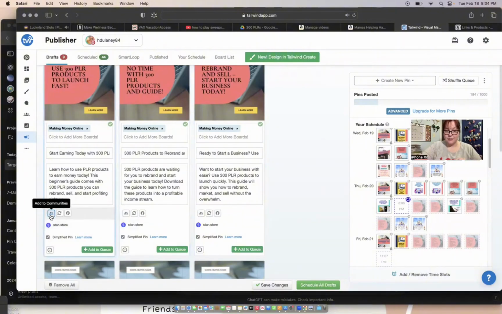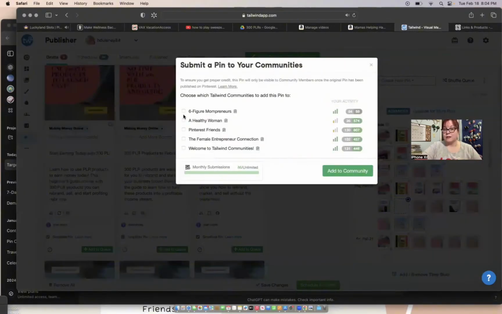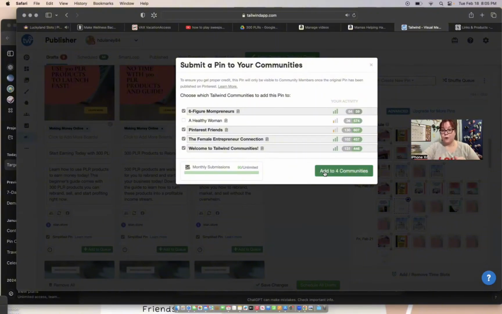So you want to click these little icons that look like 2 people where it says add to communities. You're going to click that and you're going to click what communities you want to show this pin to. You can do the same ones every time. If you have the paid version like me, you can do as many as you want. You can pin as many times as you want. As you see, monthly submissions, I've already submitted 89, but it's unlimited. So I can do all of them, just one, I can do 4, it doesn't matter. So I'm going to click 4 and click add to 4